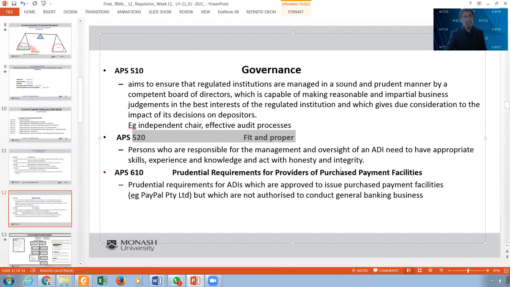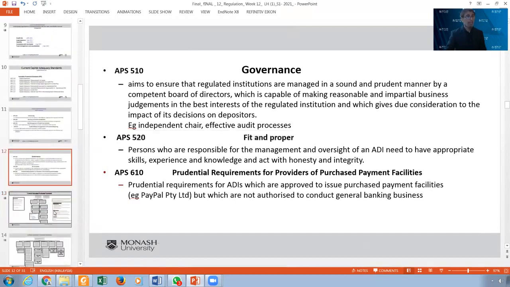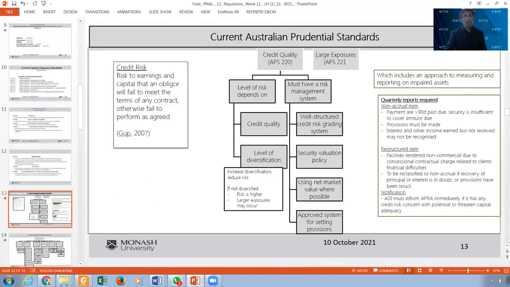This is a provider. Now, those providers, of course, are licensed by the government, by Bank Negara. But in Australia, anybody who is going to do any payment facilities has to comply with APS 610. Now, the most interesting thing, or one of the most interesting things, is the APS